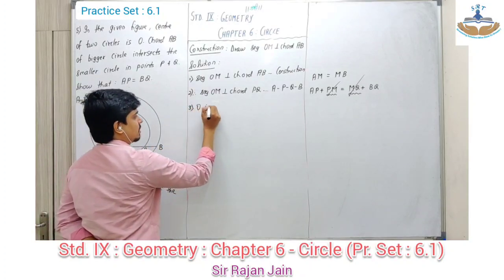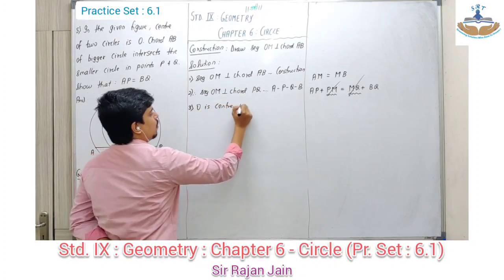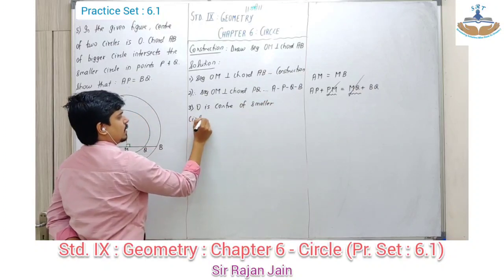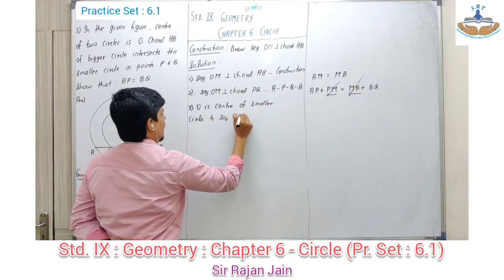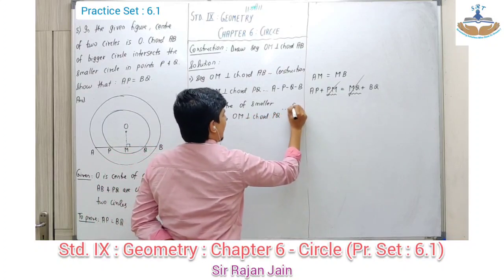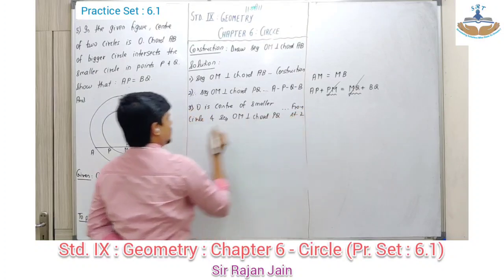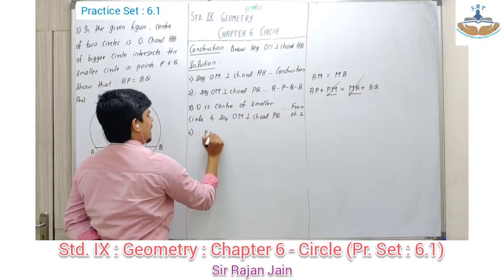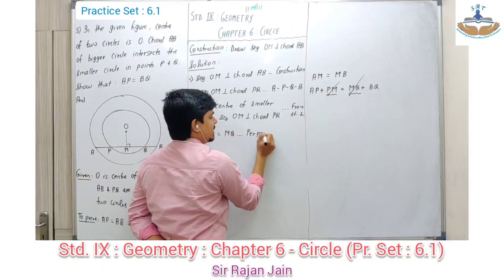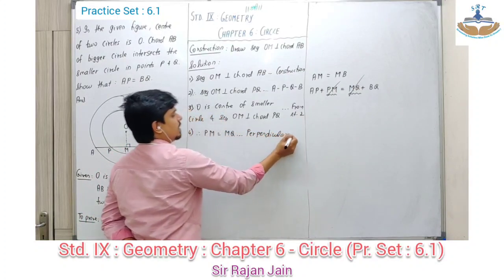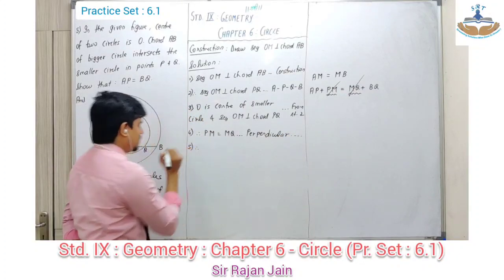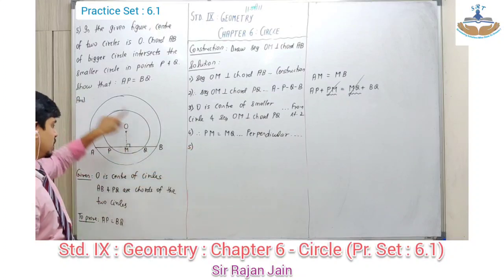Now I am applying the theorem for the smaller circle. So I say O is center of smaller circle and sec OM is perpendicular to chord PQ. Now this I have proved in step number 2. Therefore PM is equal to MQ. Reason you need to write the entire statement of the theorem. Perpendicular drawn from center of the circle to the chord bisects the chord. Okay. Then I will say now you apply theorem for the bigger circle.